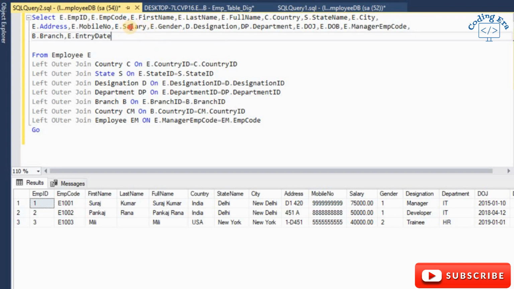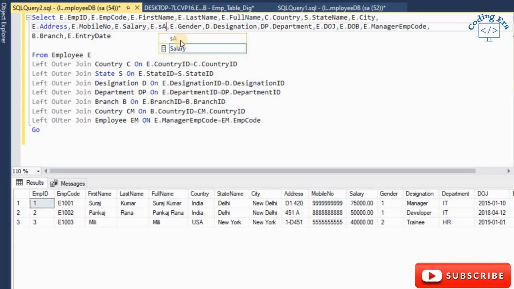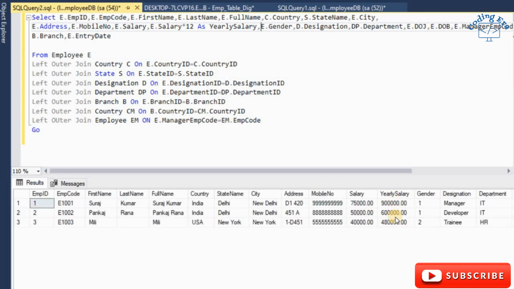Suppose this is a monthly salary and you want yearly salary, then you can write E dot salary into 12 as yearly salary. Okay, so you are getting here yearly salary.